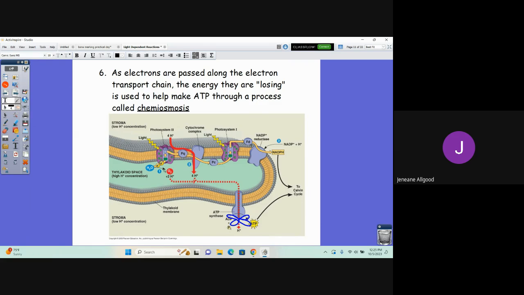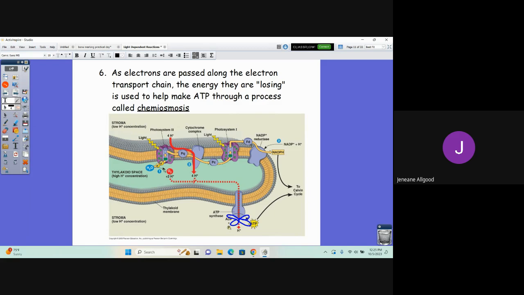When that H plus concentration is high enough, the gate on ATP synthase, which is here, can open. H pluses will rush through. There really is a little turbine piece at the bottom, kind of like you saw in that animation yesterday. Basically it works like a turbine. If those H pluses rush through fast enough, it's going to provide enough energy to add a phosphate group onto